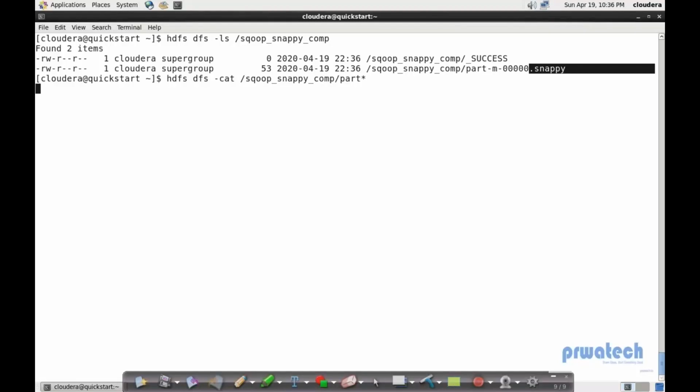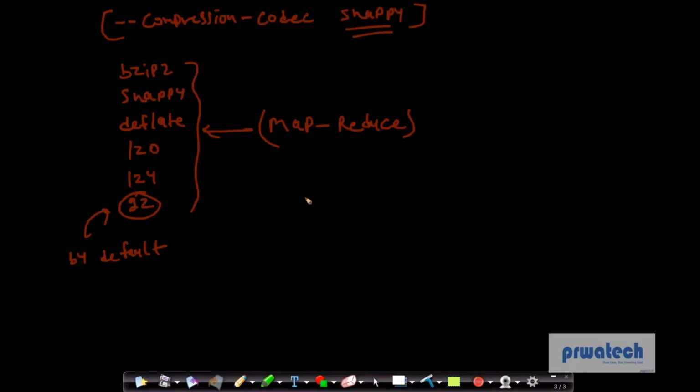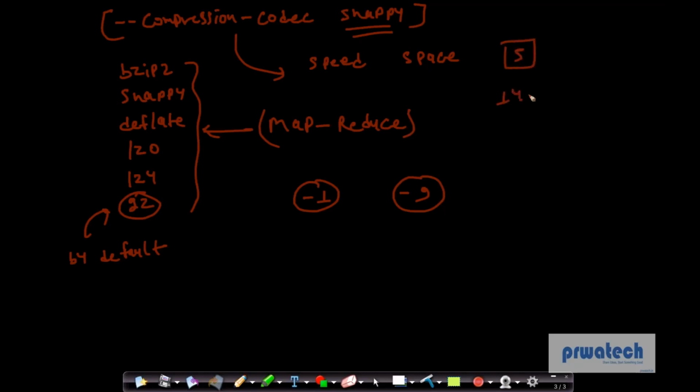if you remember, in MapReduce we have two flags for this. For the six different techniques, we had two flags, -1 and -9. Because whenever we are using a compression technique, we try to achieve two things. One is speed and second is space. For speed we give -1, for space we give -9. These two flags are there, and I think this is already in the compression codec section of chapter number 5, around page 141. So the same technique of compression codec we are using for this,